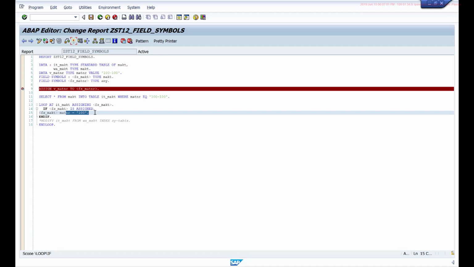In fact, using field symbols is more efficient because we are not really creating a new memory and copying data from one memory to the other memory. So pointers are always more efficient, but they have their own drawbacks in the sense the moment you change it, the original is changed. So you won't have an opportunity to revert the changes if some other condition is not satisfied in your program later. Okay. So that's about field symbols.